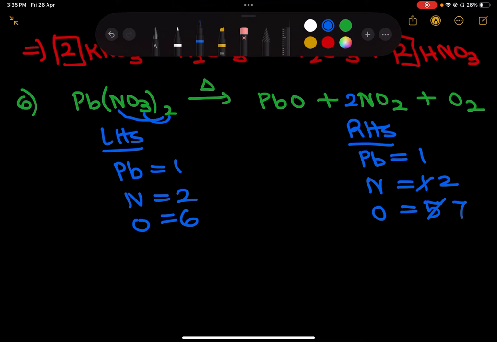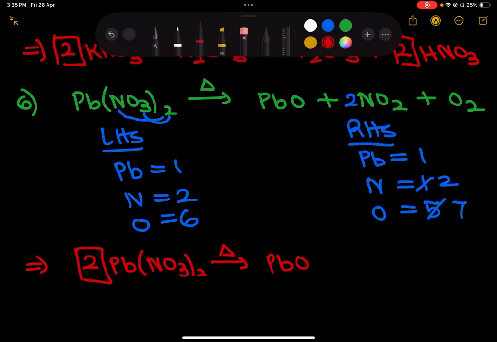So for this one, I would suggest that you remember whatever reaction is there, just don't forget it, okay? Because it's a bit difficult to balance, as I said. So I'll just give it to you. You just check it out. So finally, if you try it continuously, you have to cut it here and there. You'll get the answer, but it's difficult to get. Okay, so the final answer is 2 Pb(NO3) whole bracket twice thermally decomposes to give 2 PbO plus 4 NO2